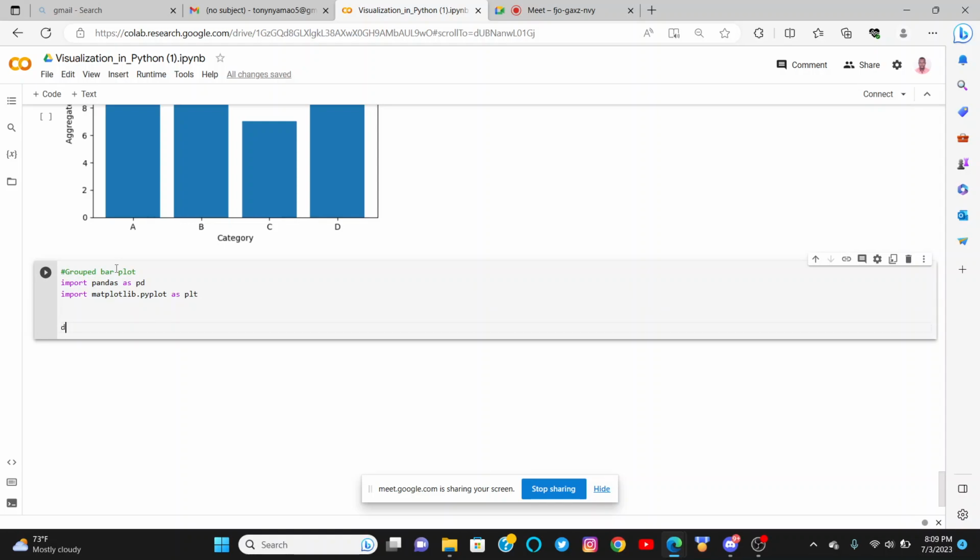I'm just going to use the previous data that I was using in the last class. Data is equal to a dictionary with the key category, and in category we had a list which was A, B,